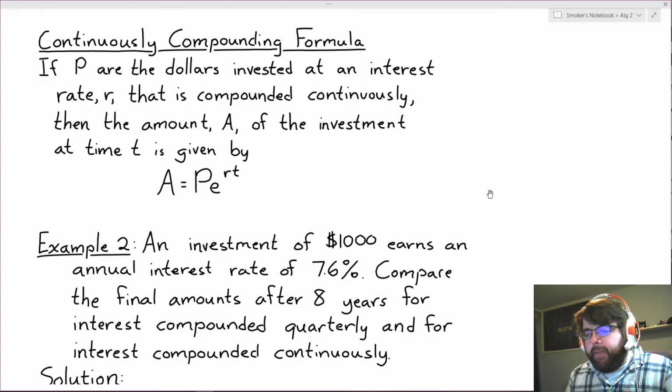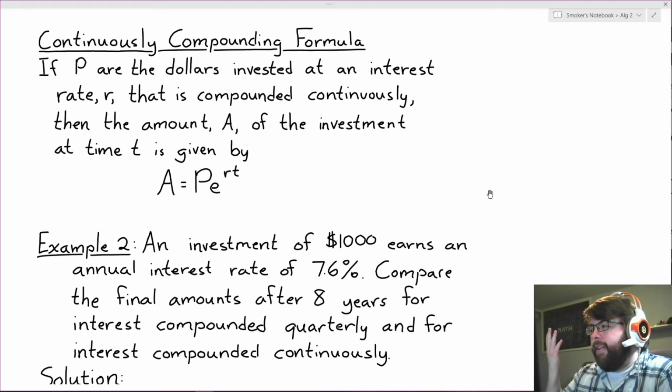So it's always gaining or losing interest, always compounding continuously. But for this problem, let's treat it like some fictional bank out there that's compounding continuously. No banks do that. Or this is a $1,000 investment,